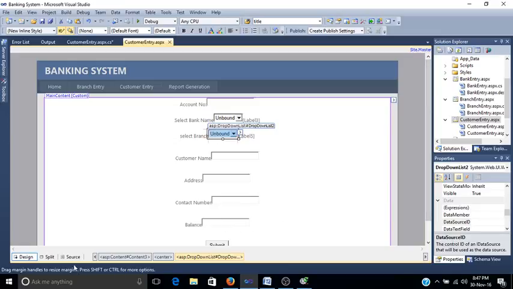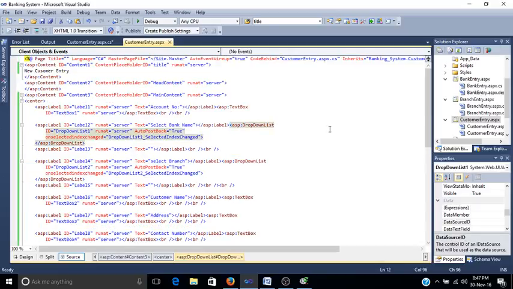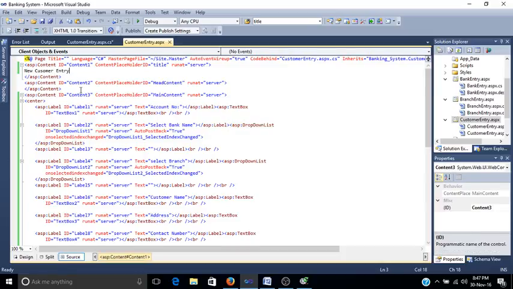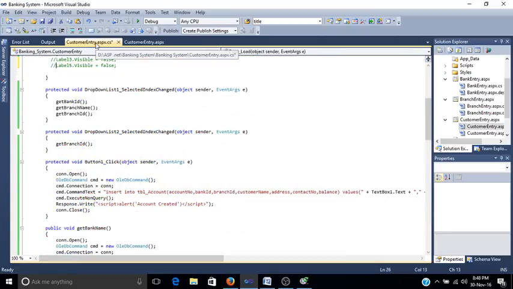So this is the code for adding this. In this we have given the title as customer entry, and in the main content we have taken this label. What we have done, the designing, in this main content. After that, from the coding part, what we did